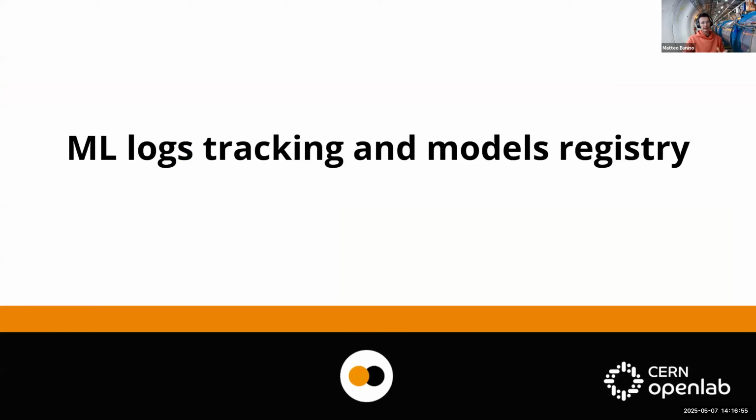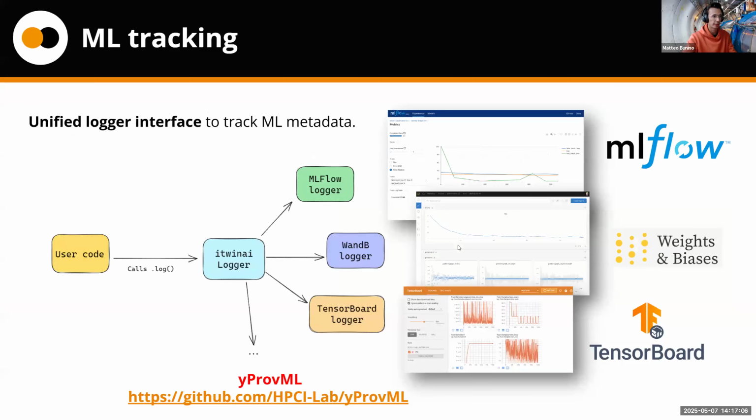Now, another important aspect of iTwin AI is the concept of tracking machine learning logs and doing it in a way which is user friendly to the end users. So in iTwin AI, we've been developing this logger abstraction layer, which basically allows the users to always have the same code but still be able to access different logging frameworks, such as MLflow, Bayesian biases, and TensorBoard, without having to change